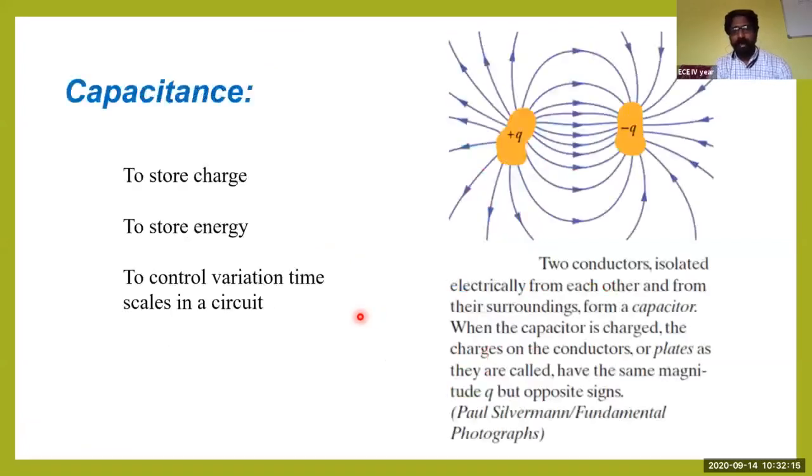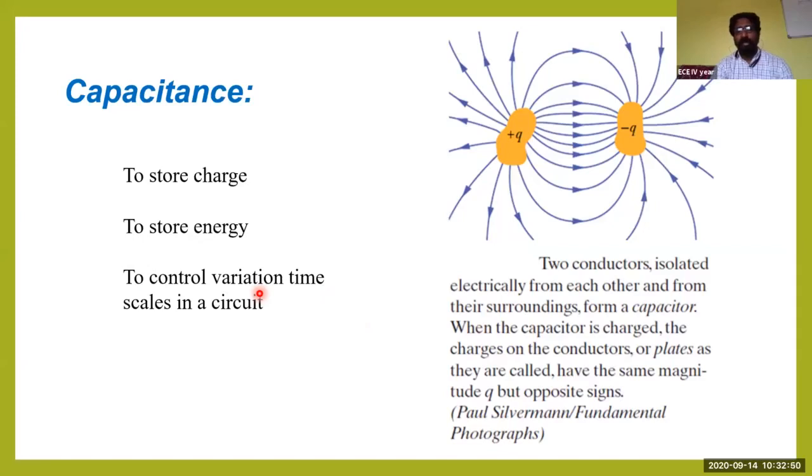Now coming to the basics of capacitances. Why do we need the capacitance? As I just explained in one of the slides, capacitance is a passive element which stores charge and stores energy in the form of electrical energy. To control the variation time scales in a circuit, we'll be using these capacitances. If you want faster circuits, you'll be using a smaller capacitance. Or if you want to control the time lagging for the signal to be moved,